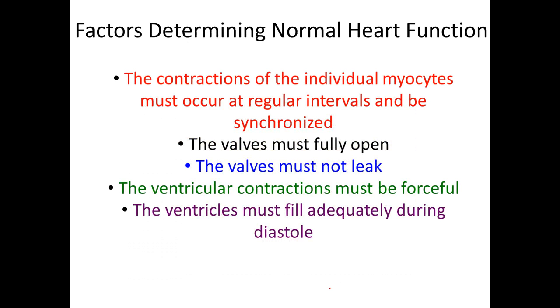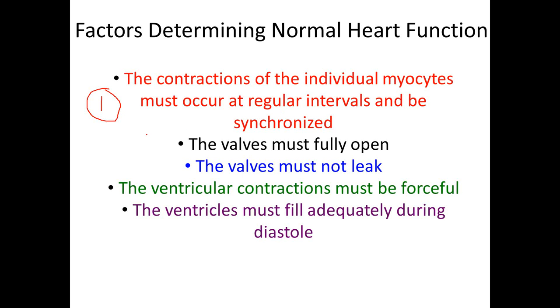So here is your minimal list for a normal heart function. Okay, the first one is the contractions of the individual myocytes must occur at regular intervals and be synchronized. And I think we've already seen that you need a regular contraction of the heart to provide blood for the body, and it needs to be synchronized. So you can't have fibrillation. You can't have this unsynchronized contraction of myocytes